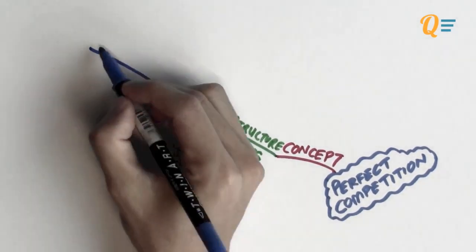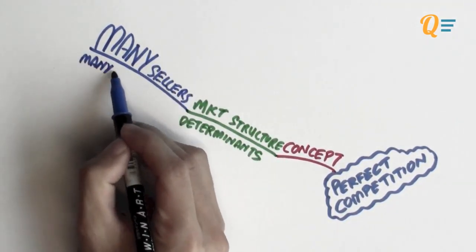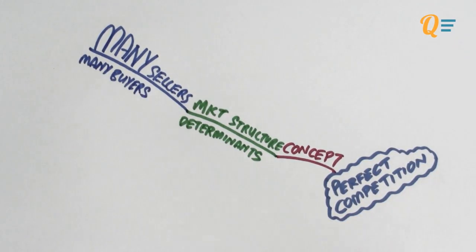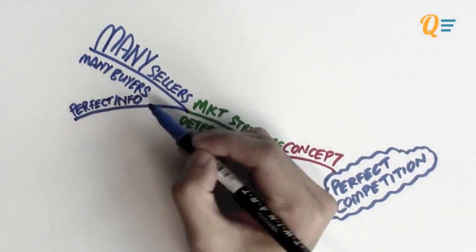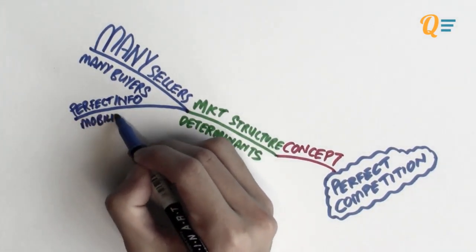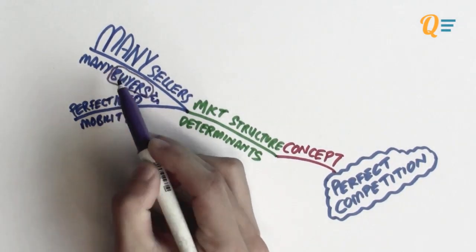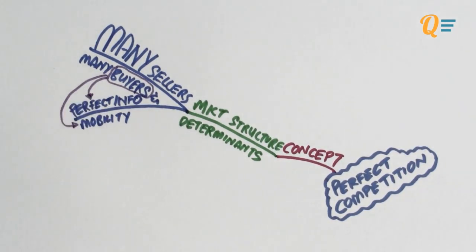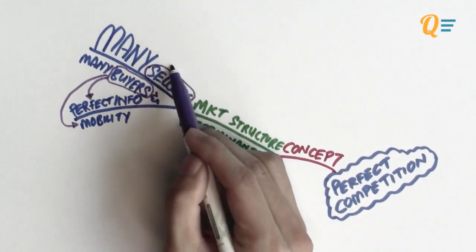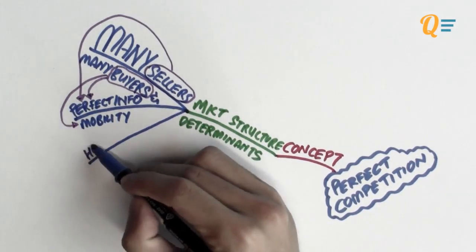What is the nature of perfect competitive markets? The first obvious factor is that there are many sellers in an environment where there are many buyers. As compared to the monopolists, there was only one seller with many buyers. And the second determinant is that there is perfect information as well as mobility in a perfectly competitive market. The monopoly had zero information and mobility. So when the buyers have perfect info and mobility, they can act on a price differential on any of the firms, right? They'll just go to the cheapest one.